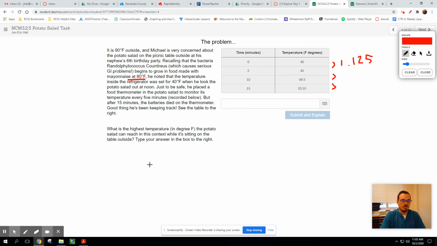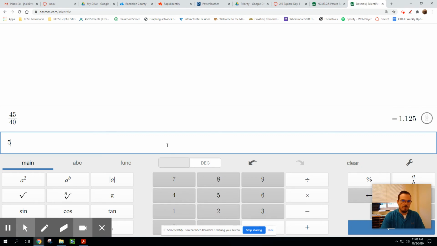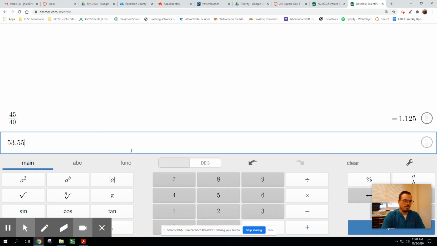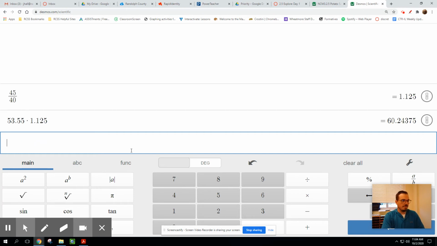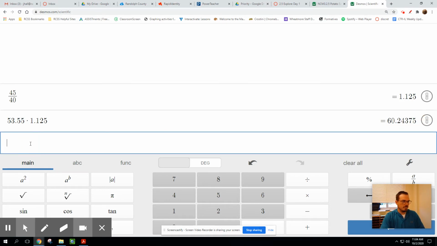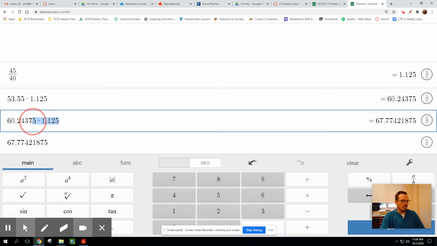There are two ways we can do this. We can continue to multiply. So we left off at, say, 53 point, what, 55, and we can multiply that by what we just got, 1.125, and then continue to take our results, and I'll just copy and paste for the sake of time, until we get to 80 degrees. And then we will assess